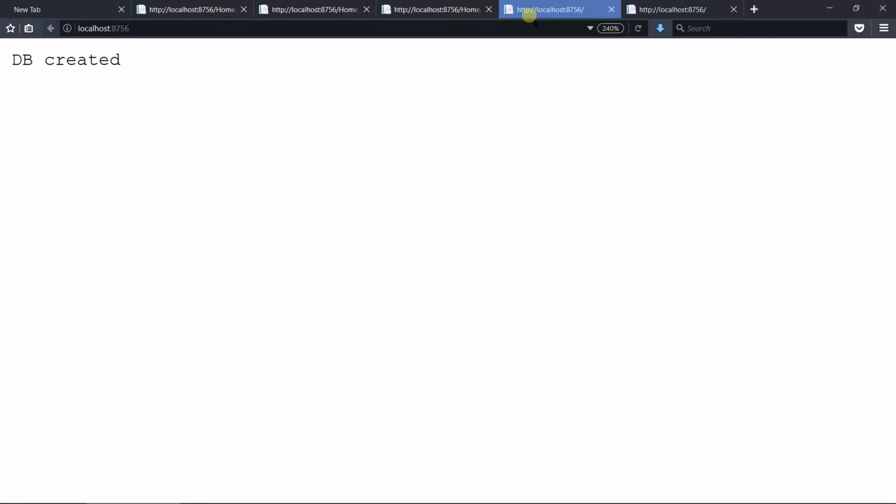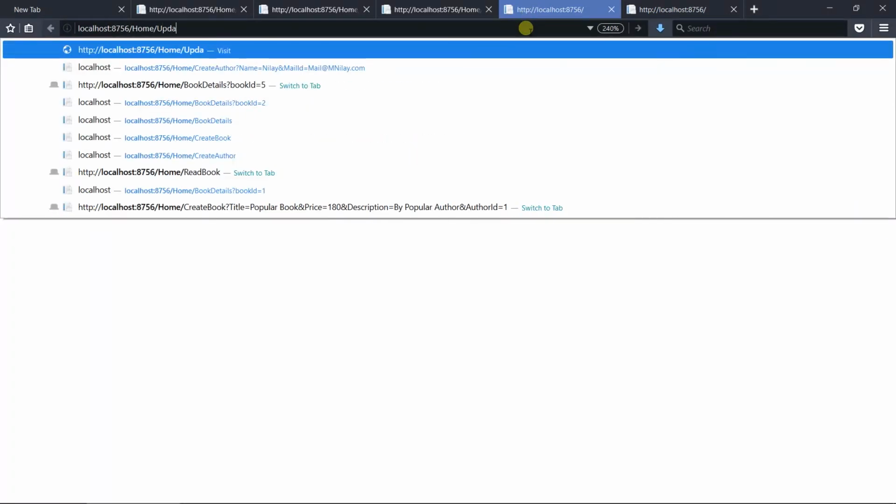Now I am going to call the UpdateBook action and pass the book ID equal to 1 and ID equal to 3, title equal to